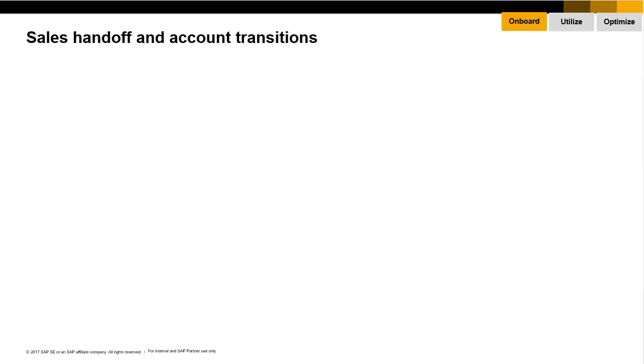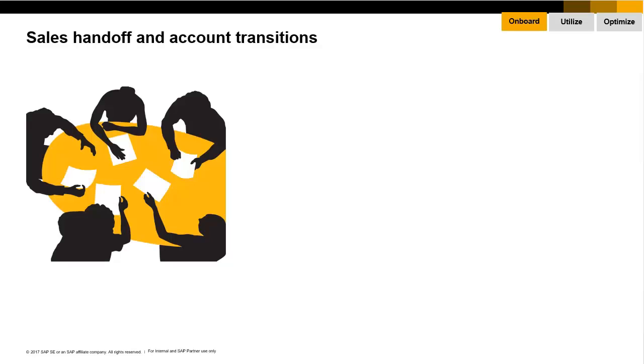As we look at the sales handoff process and account transition, you should be thinking about what you need to know to start off right with your customer. What pieces of information are going to be important for you to know to add value and function effectively as a trusted advisor to your customer? This is why you should engage the sales team in a formal handoff process to gather all this necessary customer-specific documentation and details. Some of the key items you'll want to review in your internal transition meeting and handoff include